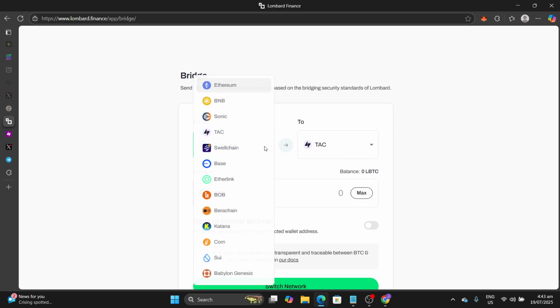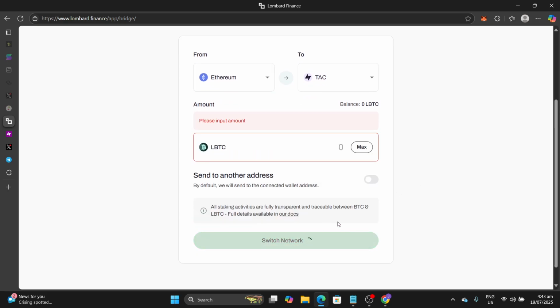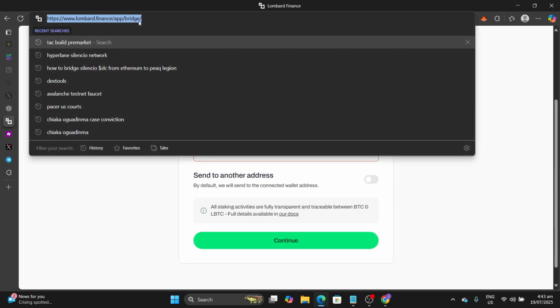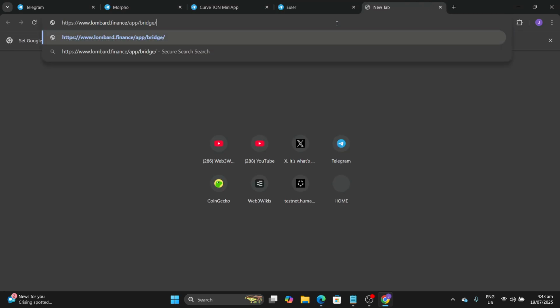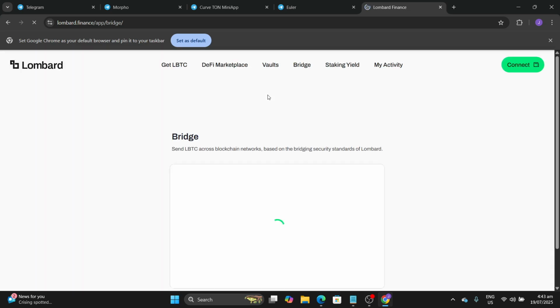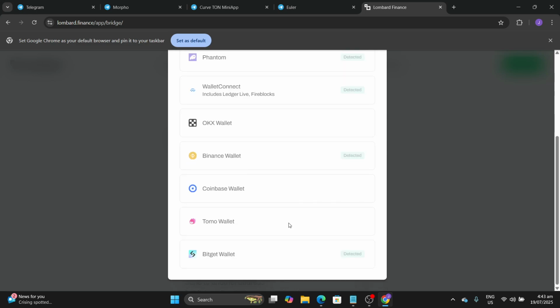Okay, so meaning that you will need to purchase your LBTC on Ethereum and then use this bridge to move it over to TAC. But in the course of connecting here, you don't have the option of connecting with the Ton wallet. Please bear with me, this is going to be a disorderly video. So what I mean is, assuming I wanted to connect here on the EVM side, I don't have the option of connecting with my Ton wallet. So you have BitGet,